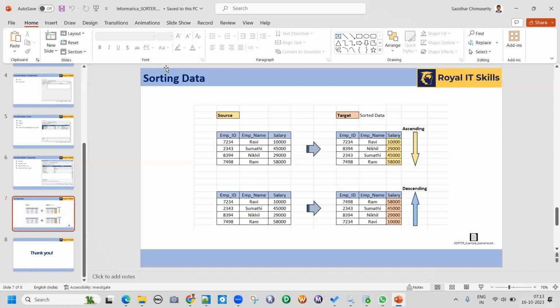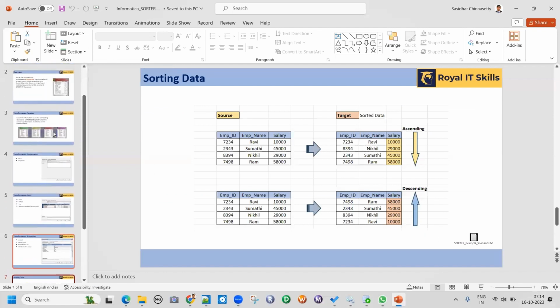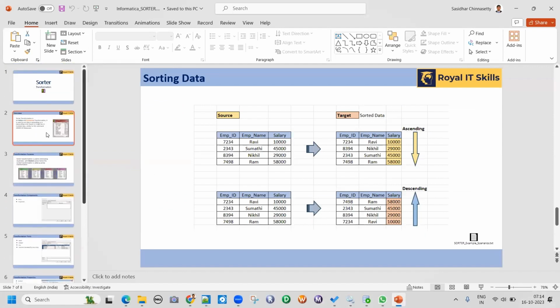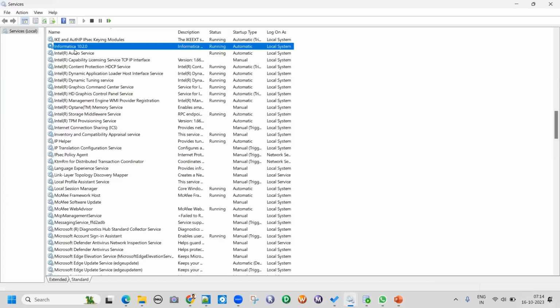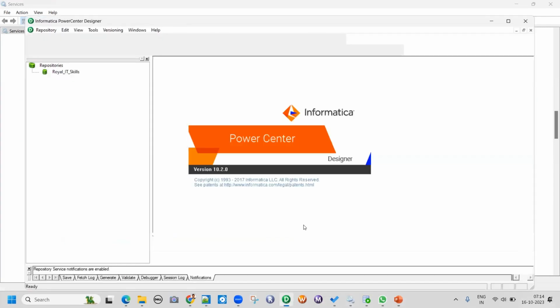Okay, let's move on to the practical part. So this is a very simple transformation. You can easily learn this. Okay, so let me show that. Before that, let me check the services once. So the Informatica service is running fine. So I'll go to the designer and